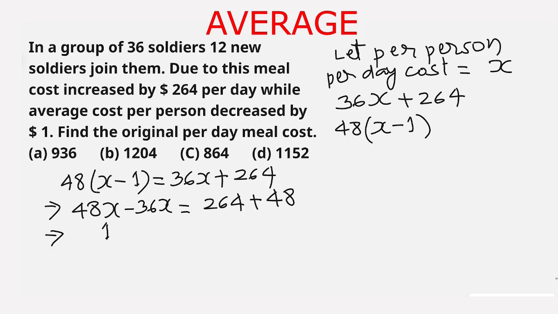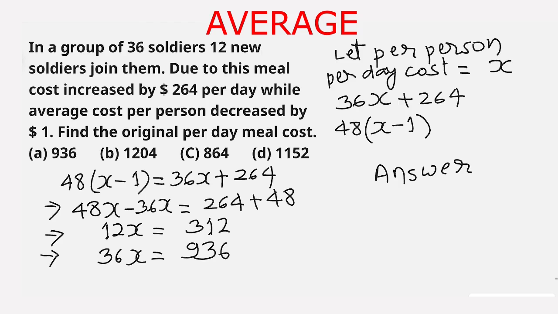48X minus 36X is 12X, and this is equal to 264 plus 48, which is 312. We multiplied both sides by 3 to get the value of 36X. So 3 times 12 is 36X, equal to 312 multiplied by 3, which is 936. As 36X was the original per day meal cost of 36 soldiers, and that comes out to be 936, this is our answer. So our answer is option A,